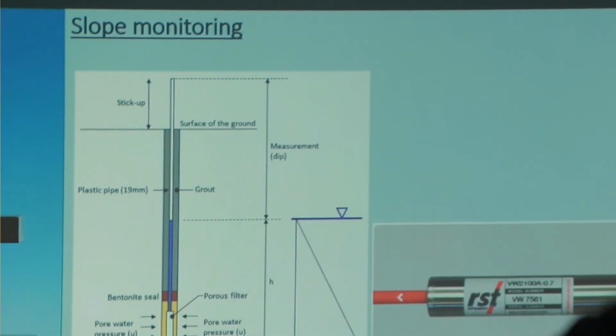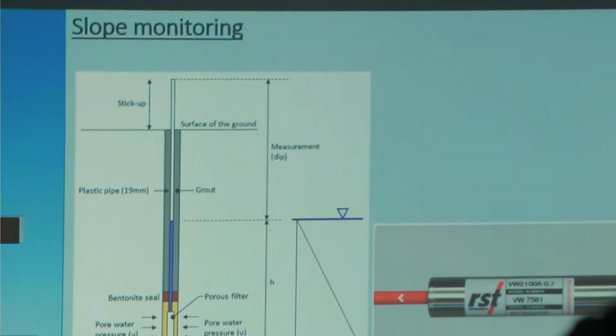Next, we know the piezometers. There are different types of piezometers. Some record static data and some can even record dynamic data. When a train passes or when there is an earthquake, they can automatically trigger to record the pore pressure. They can be programmed like that.